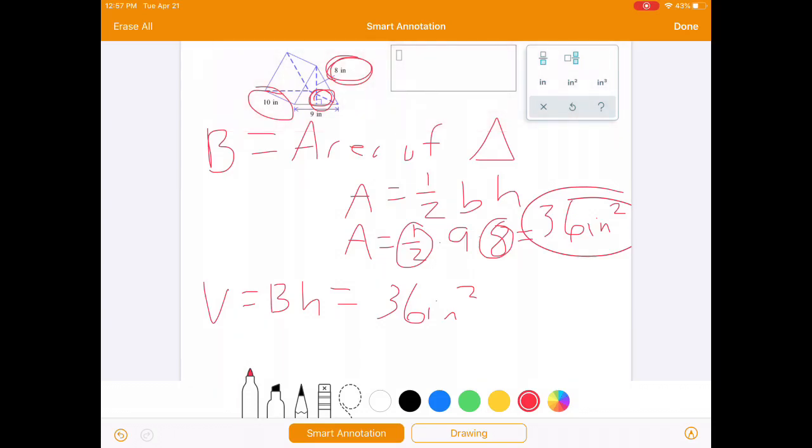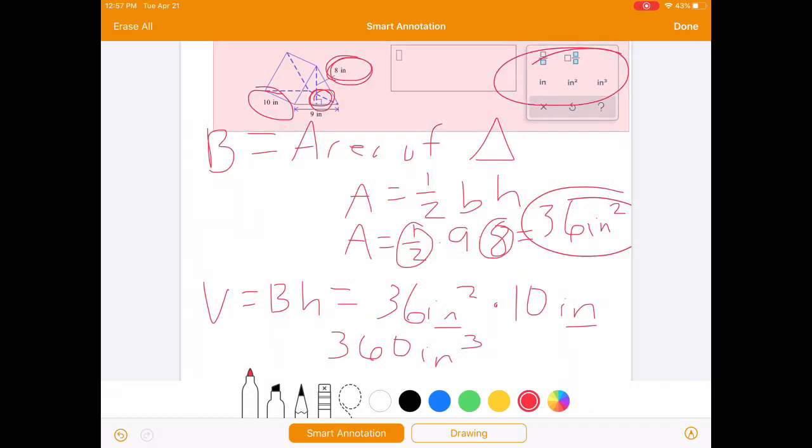So when I'm substituting my appropriate values in here, I'm going to put 10 inches in for the height of the prism, and 36 times 10 is 360. Inches squared times inches gives me inches cubed. So the volume for this one is 360 inches cubed. And don't forget, if you look on Alex, they're going to look at giving you different options for your answers in terms of the units that you use. Every time that you're doing volume, it is going to be inches cubed